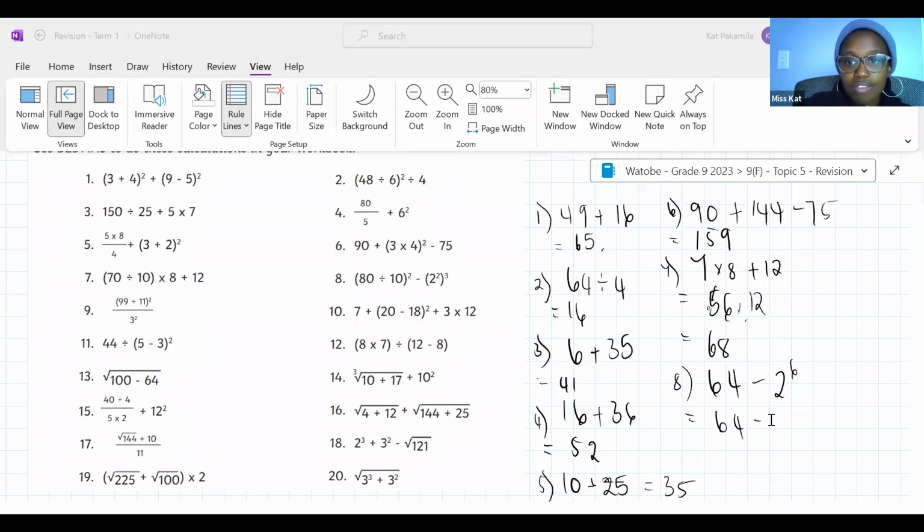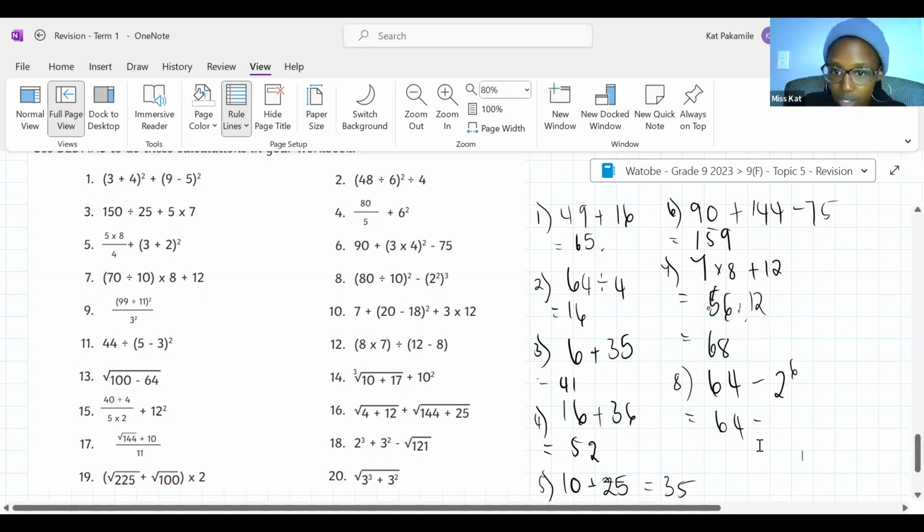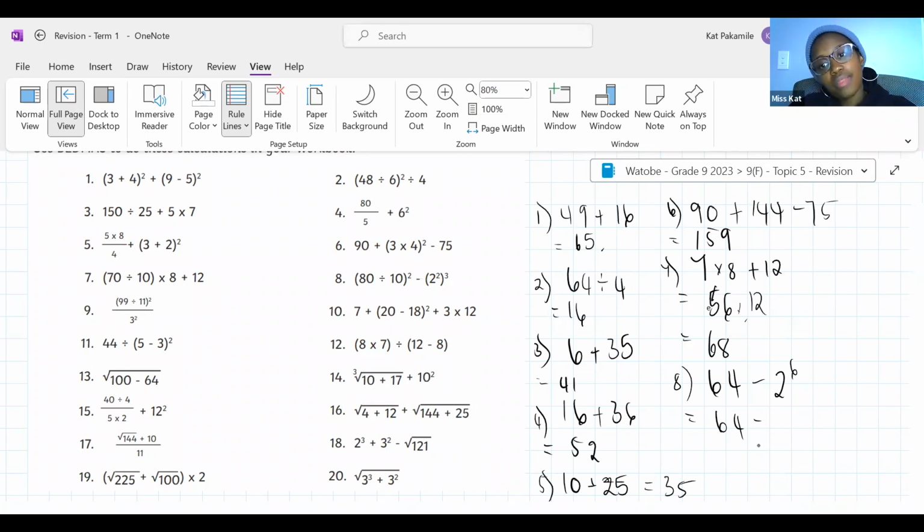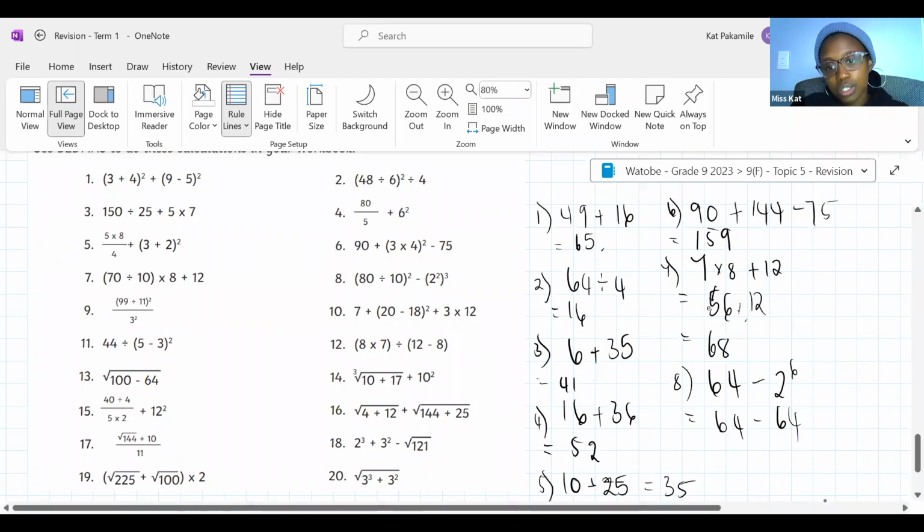Okay, guys, I'm going to have to finish these off in our next lesson. I'm just going to project the memo. I'm giving you guys a few minutes to screenshot the rest of these. No calculators. Screenshot the rest of them. Next lesson, this is where we are starting off. And I will conclude the lesson right there, except I'm first going to have to do this one over here. What's 2 to the power of 6? That would be 8, 16, 32, 64. So the answer is 0. Okay.